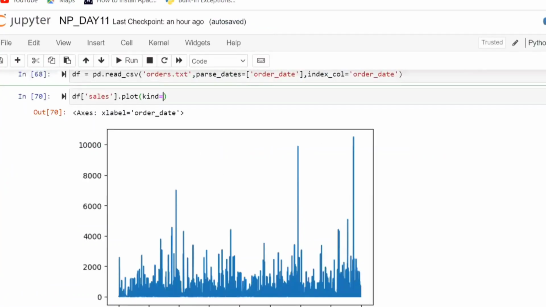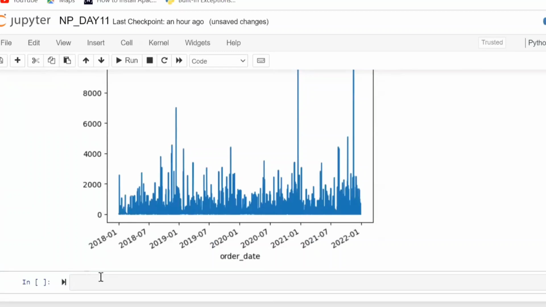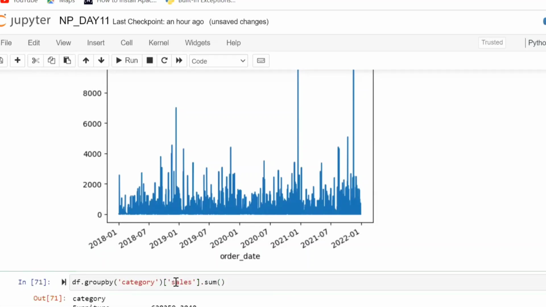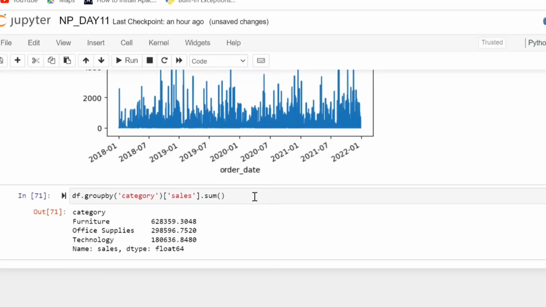So what we want, let's say category wise sales, right? So how will we do it first? I want to group on what? Category. And then I want sales and sum. So this is what I got, right? Category and sales. Now if I do plot,